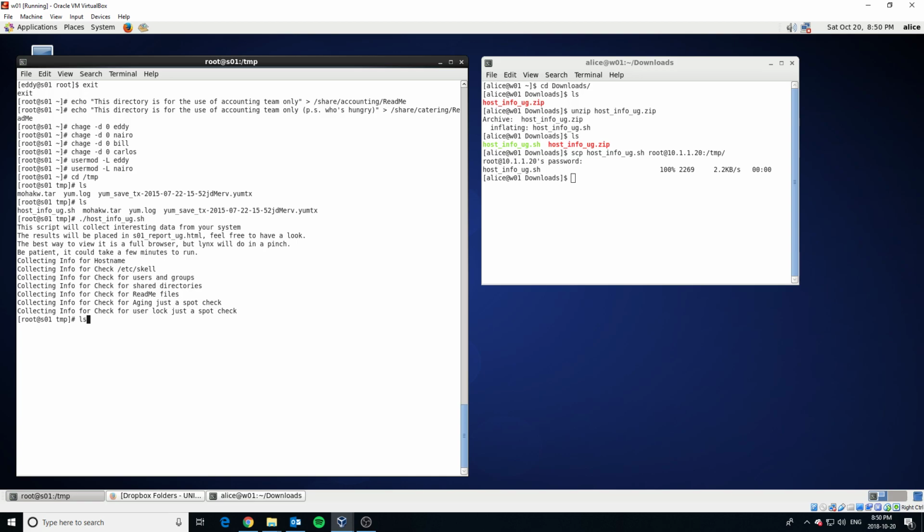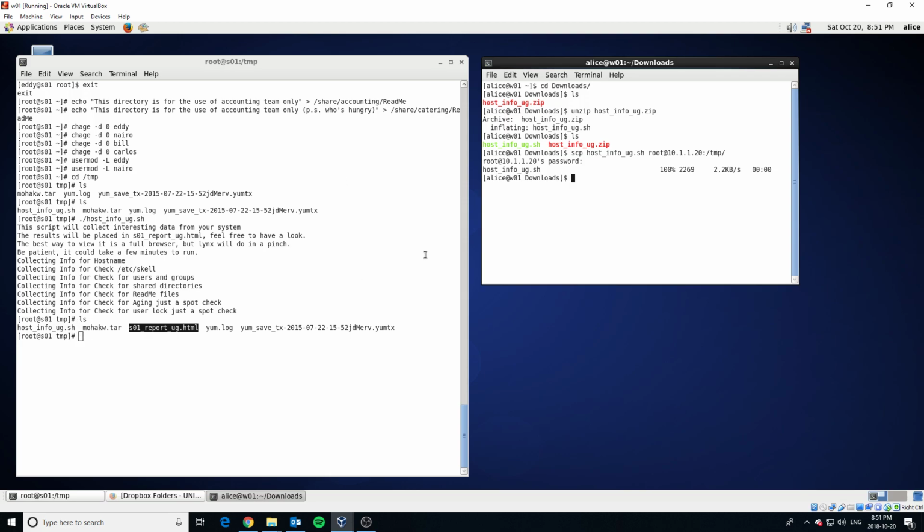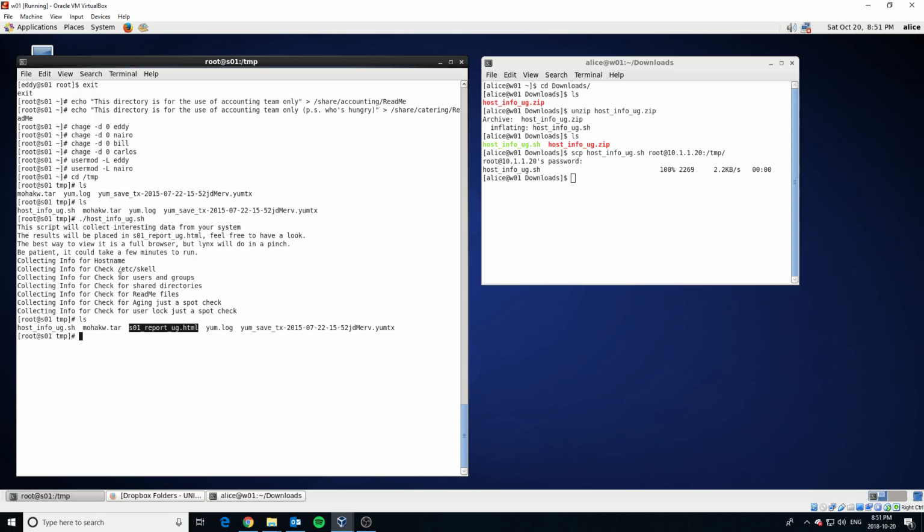So if we hit ls, we're going to see not only do we have that host file, but now we have this new HTML file. And we can't really use the HTML file in SO1 because SO1 doesn't have a browser. So we'll have to send it back to W01 using the same SCP command. But this time we're going to say SCP, the name of the file is now